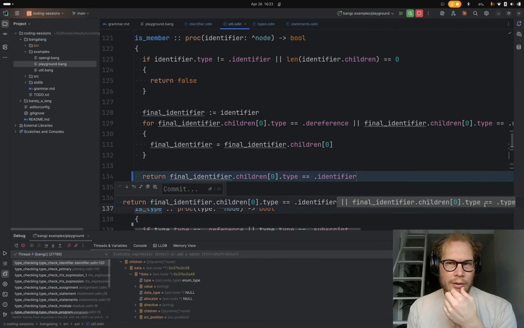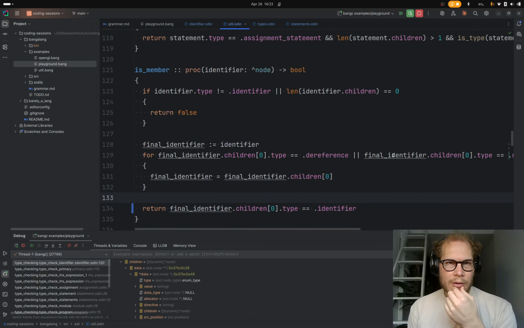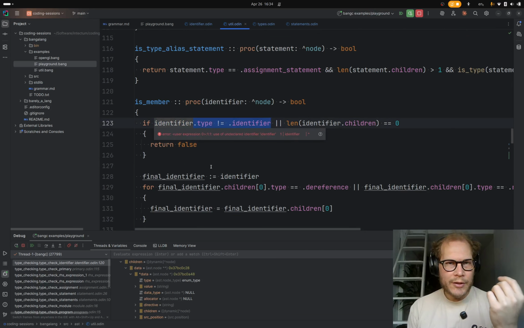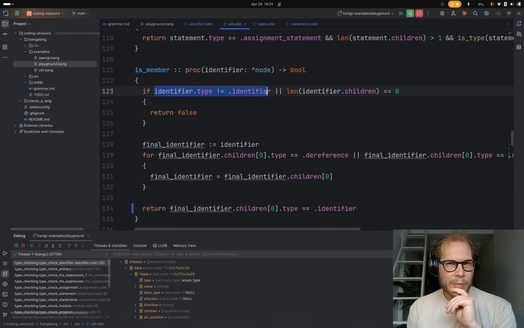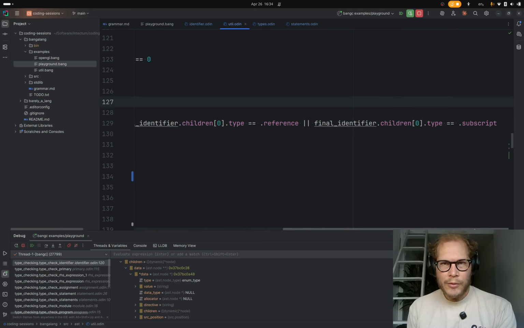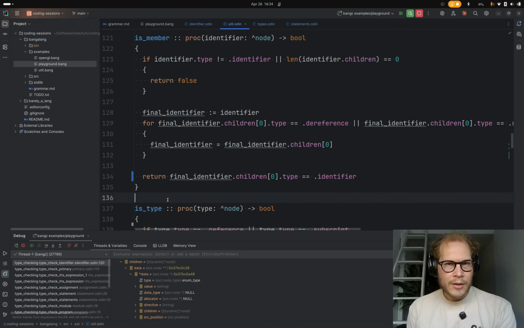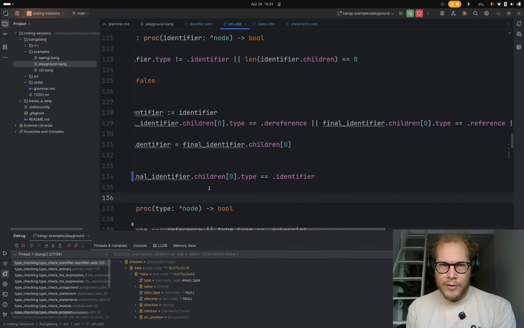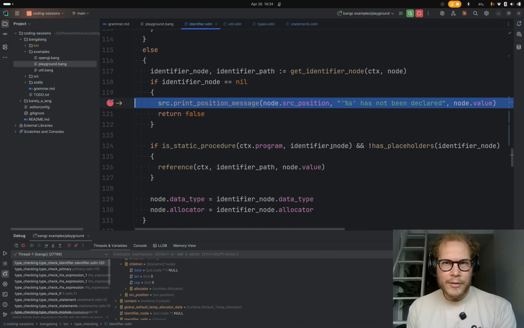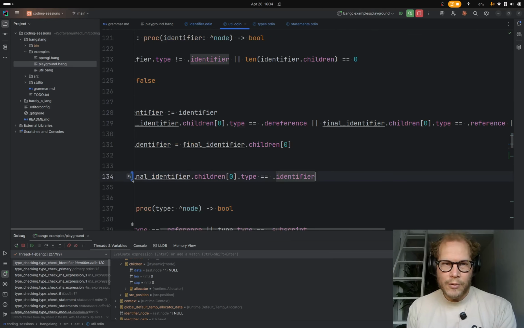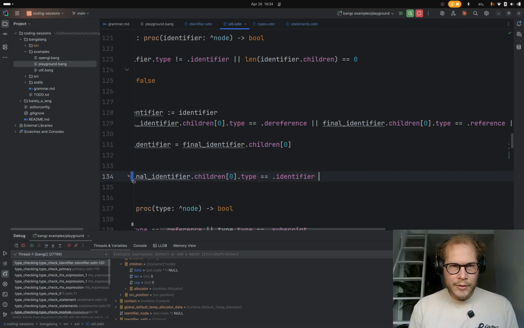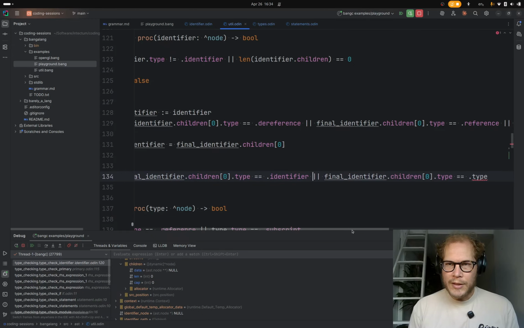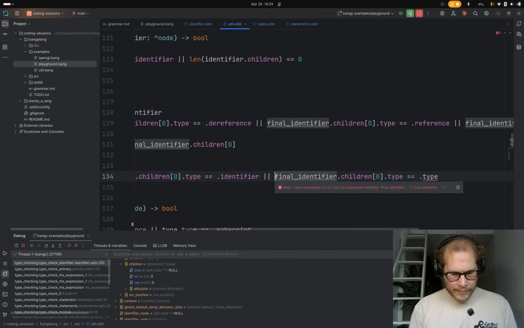So there was this guy here. So before we said like if it's not an identifier, then it can't be a member. So that's looking at the current thing, so that's fine. Then we dig deeper. We go through subscripts and references and dereferences. And I chopped this bit off before. It's an identifier or a type. Oh God. Where did I just jump to? Identifier or a type. So maybe I should bring that back. Let's just revert that. But instead of just saying it's the type of type, let's say